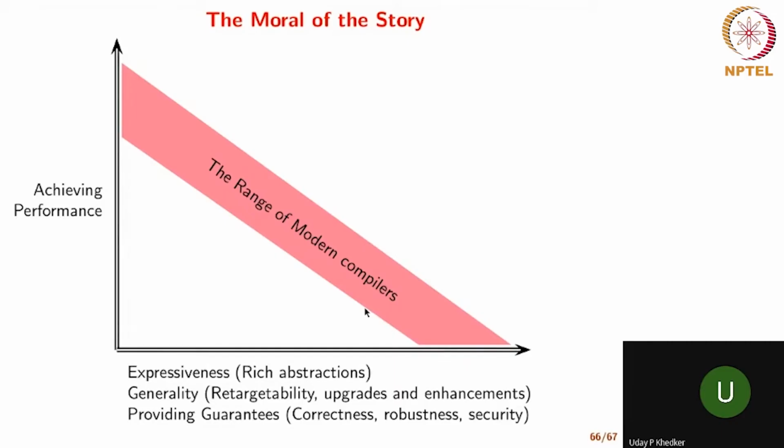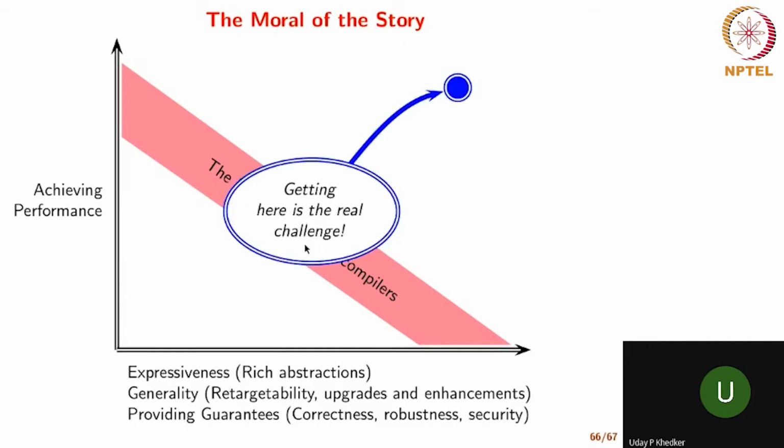Even now, there are people, for example the Atomic Energy Commission, who want a certified compiler because they are running a nuclear reactor, and you can't afford to have a comma being replaced by 0 for a nuclear reactor. And those compilers are then non-optimizing compilers. Then we say, look, we can't give you performance if we want to give you guarantees. The current compilers that we use on the desktops, somewhere here, give some guarantees and some performance as well. Okay, but the real goal would be to get here.